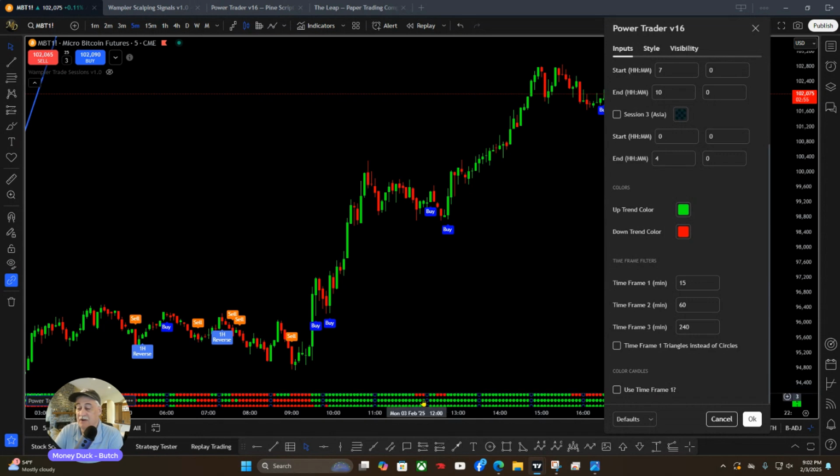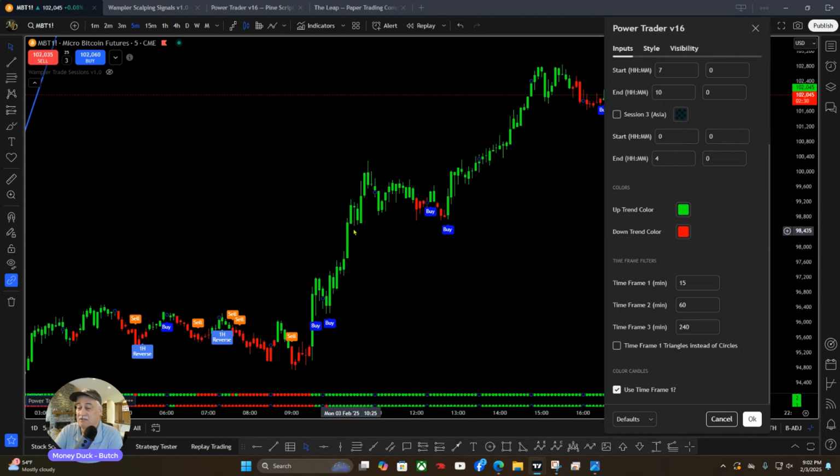And again, time frame 1 is the circles down here. So if you click that, notice that it took the 15-minute circles off the bottom of the screen, and now the colors of the candles have changed. That is your 15-minute,